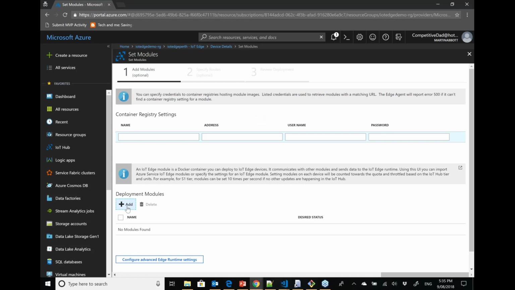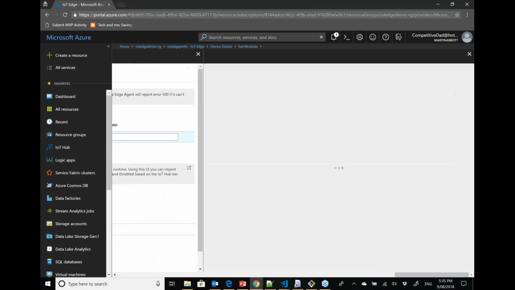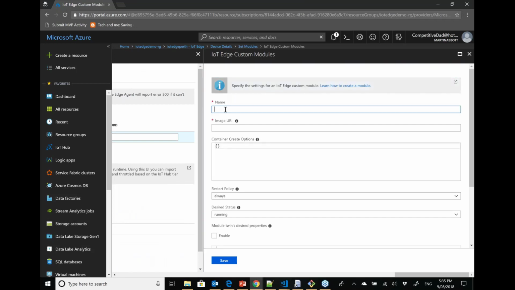Click Add. It's looking remarkably easy so far. So if we say Add IoT Edge module, you can see here we got Stream Analytics and Machine Learning as well. I'm going to do an Edge module. This one has already been written, so I'm just shamelessly copying this. So if I do temp sensor,